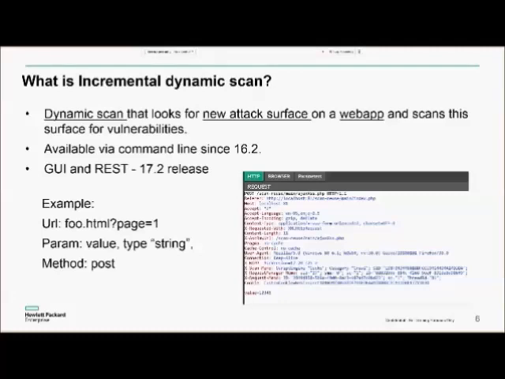That was about a year back. We initially had it only as a command line process. With this current release, the coming September, we'll have it available both within the GUI and as a REST endpoint. The GUI mode, by the way, is available right now. In fact, if any of the customers are interested in having a preview, we're more than happy to share that